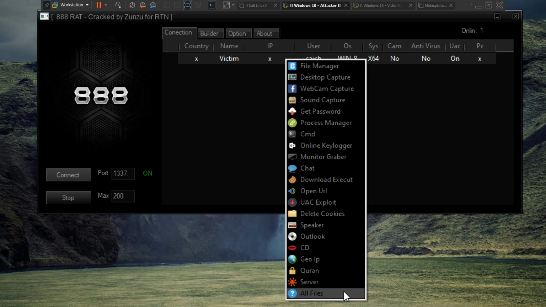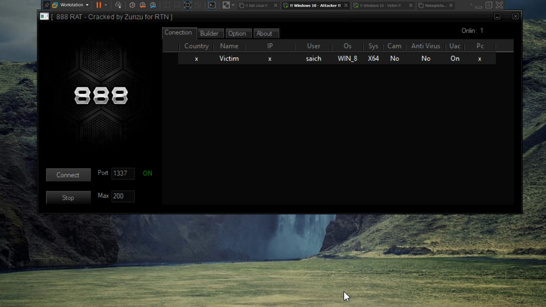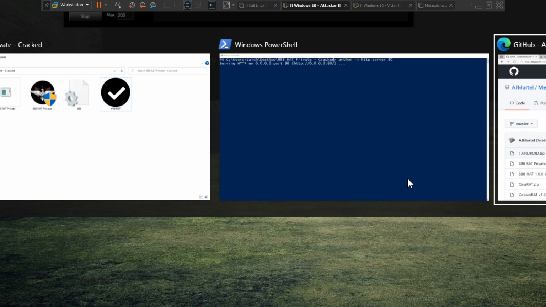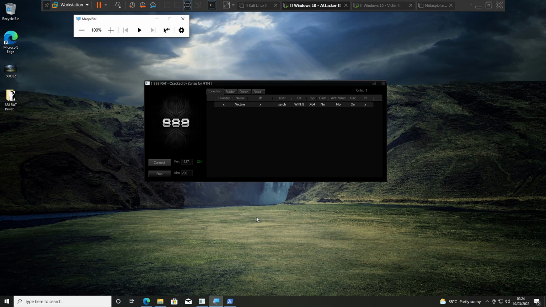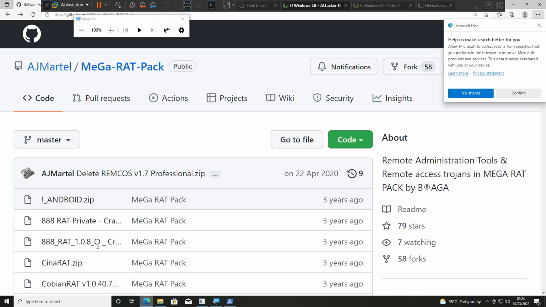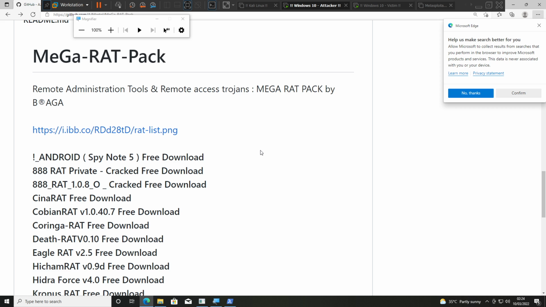AAA RAT is one of them which you can try, and a list is available on GitHub, which if you want you can check. Just go with the browser, and it's not a complete list actually, but a sort of list that you can use.